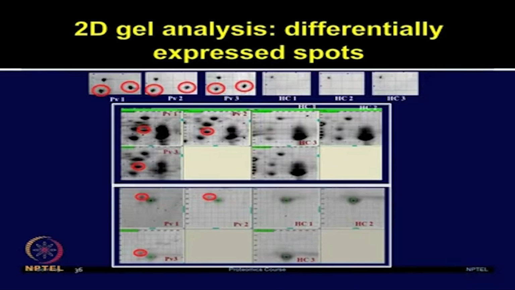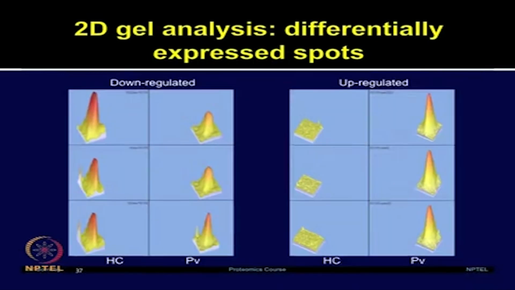For example, one you can see in the top panel, 2 spots are showing significant alteration in the vivax as compared to the healthy controls. So, these type of spots were considered further for the mass spectrometry analysis. Now, those spots which we found were showing good differential expression, we looked at the 3-dimensional views of those spots